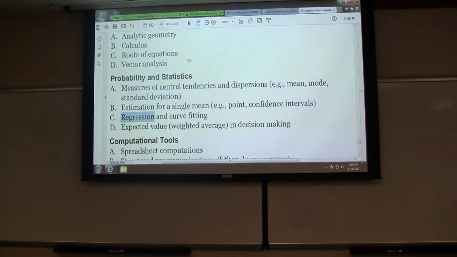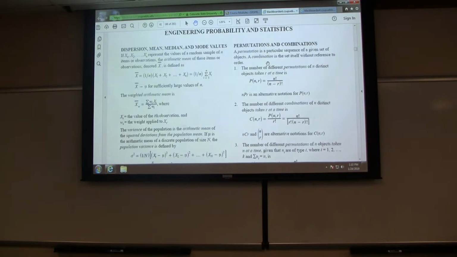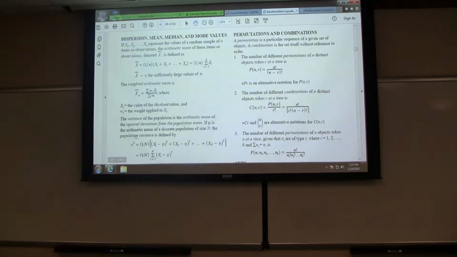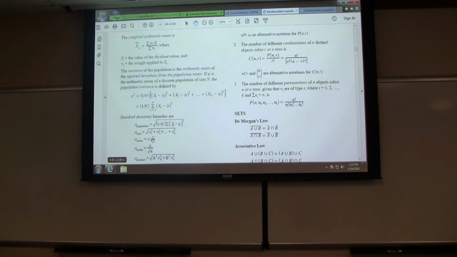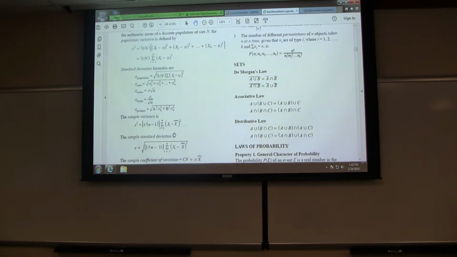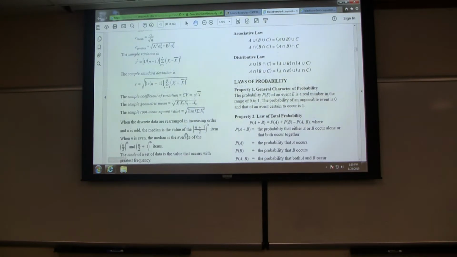If I open the reference handbook, what are the equations given? Again, zoom in. First, you can see here, arithmetic mean, then weighted arithmetic mean, then population variance, standard deviation, sample variance, sample standard deviation, sample coefficient of variation, yes, many things. Even here, median,